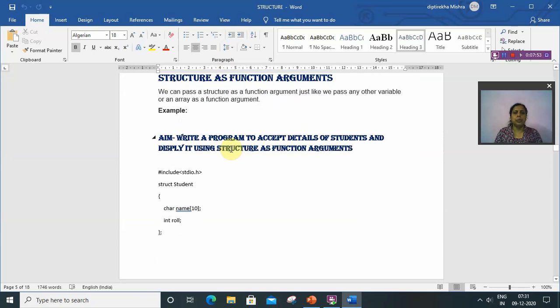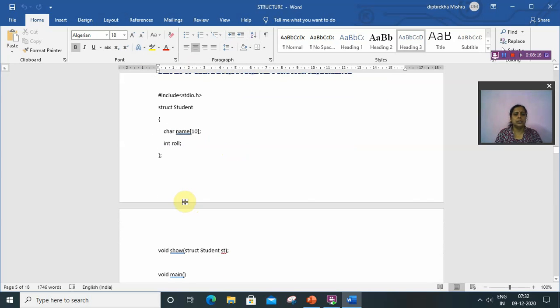The second program is how we can give a structure as a function argument. We can pass a structure variable as a function argument, just like we pass other variables or arrays in C. This example is a simple example.